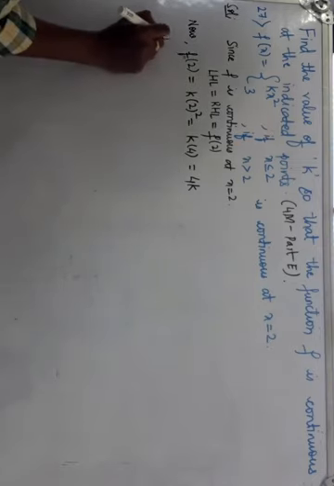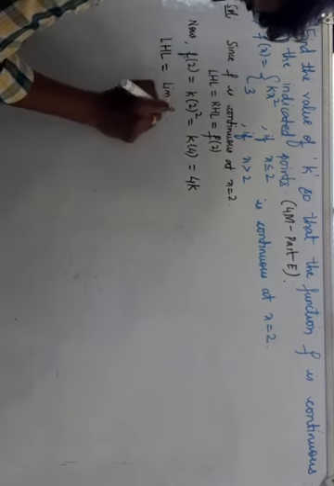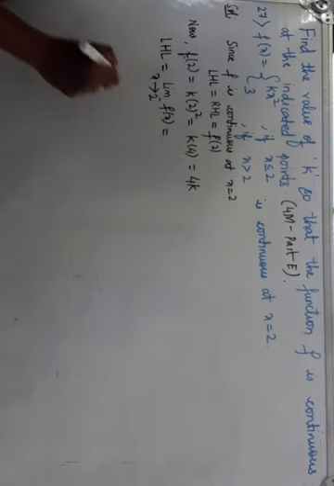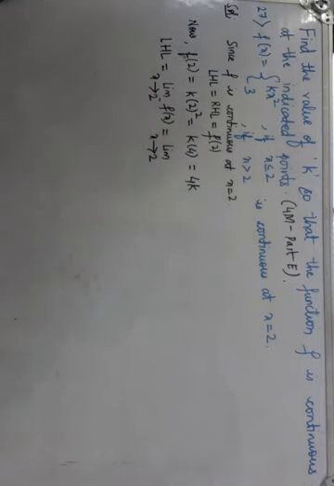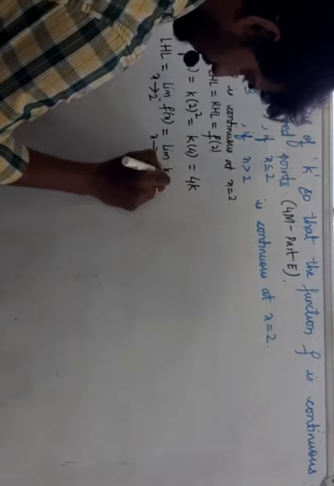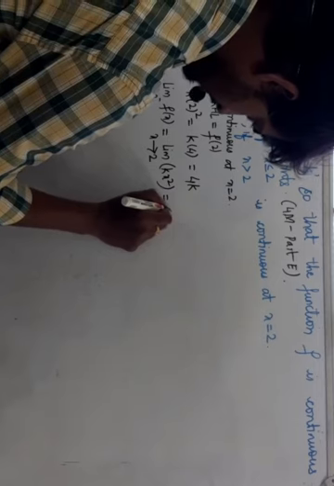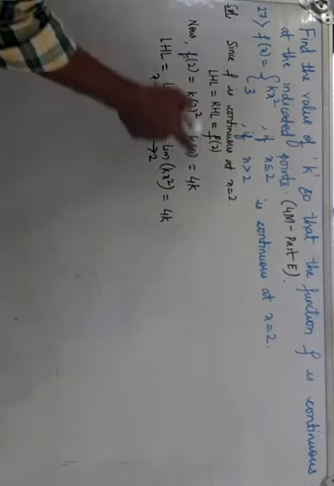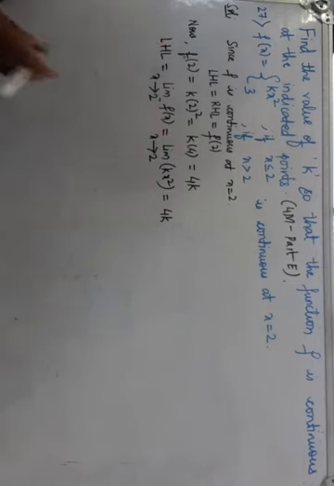So next go for LHL. LHL is equal to limit of the function f of x as x tends to 2 minus. So limit as x tends to 2 minus, less than 2 branch. Less than 2 branch is the first branch, that is kx square. Again, if you calculate this limit, it will be 4k. Substitute 2 and you get 4k. f of 2 is also 4k. LHL is also 4k. So if I calculate, I cannot get the k value.